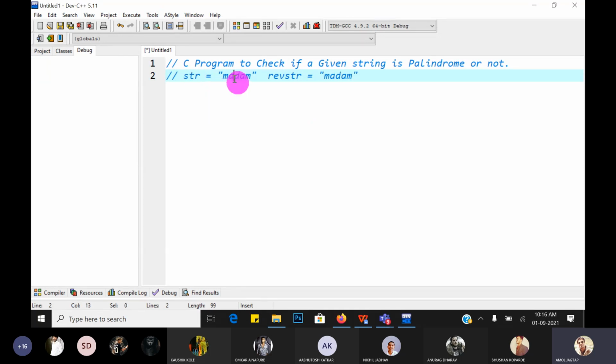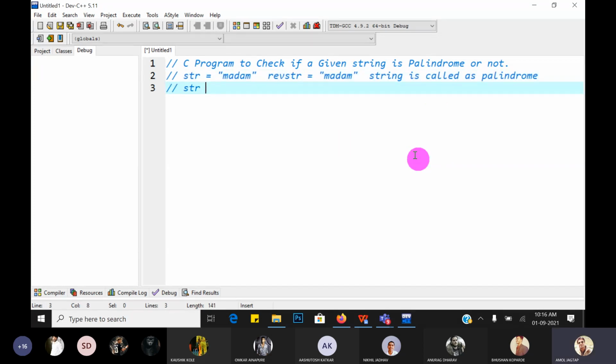So both strings are equal, and then that string is called a palindrome string.